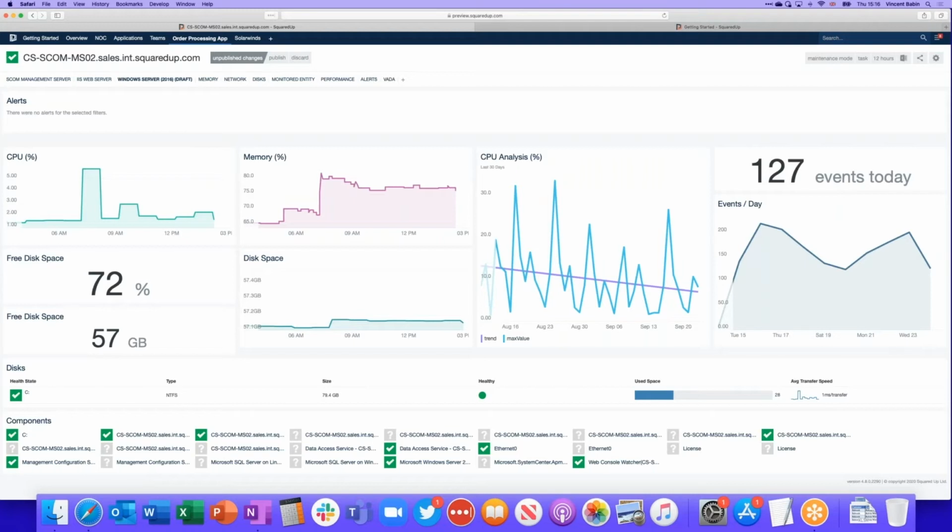So let's move on now to some improvements we've made to the performance metrics in general. Today in SCOM especially, SCOM does not store the metric labels. What I mean by metric labels is, you can see here the CPU is showing me on the y-axis 1 to 5. Now I know this is percentage because